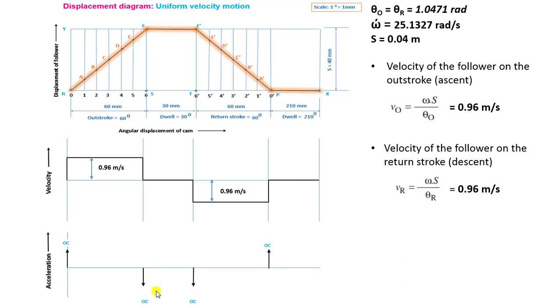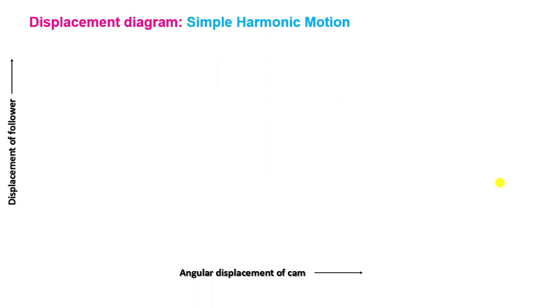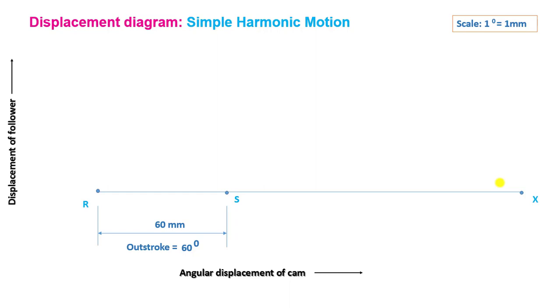Same for the start and end of the return stroke. Displacement diagram for simple harmonic motion. Draw horizontal line Rx equal to 360 degree to some suitable scale that represents one complete rotation of the cam. On this line, mark Rs equal to 60 mm to represent outstroke of the follower equals to 60